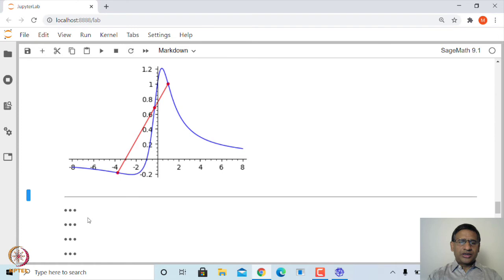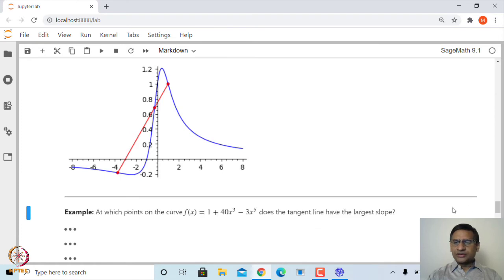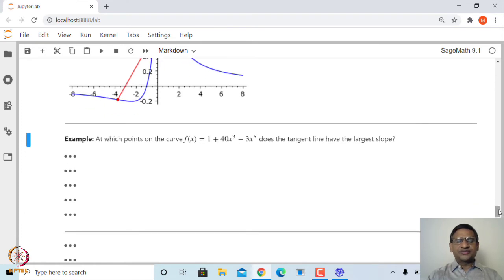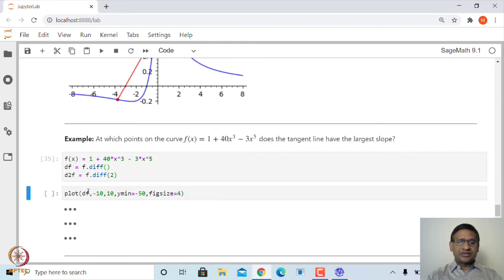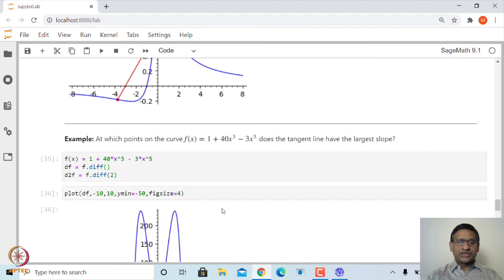Okay. Next let us look at, for example, this function f(x) equal to 1 plus 40 x cube minus 3 x to the power 5, and look at the tangent and check at what point this tangent has the highest, largest slope. So, how do we do that? First let us define the function, find the first derivative and the second derivative. Let us plot the graph of this function,